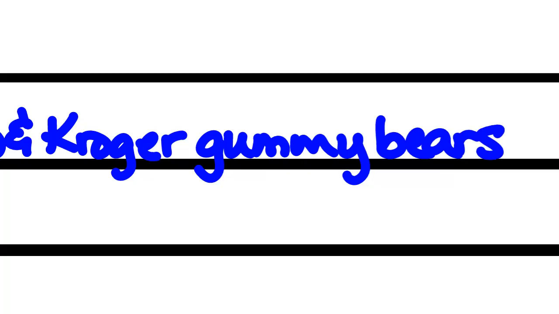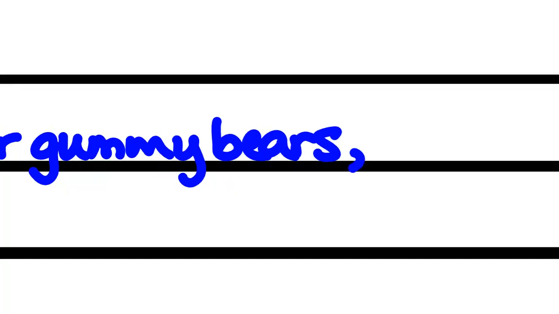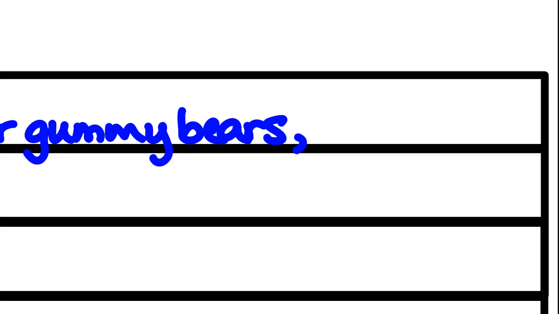We get a shortcut on the fractions, but we get no shortcut on this one. So assuming the H0 is true, there is no difference in the distribution of Haribo and Kroger gummy bears. There is